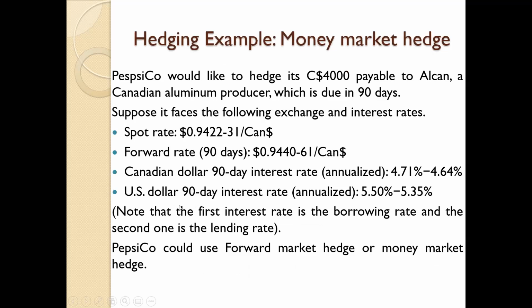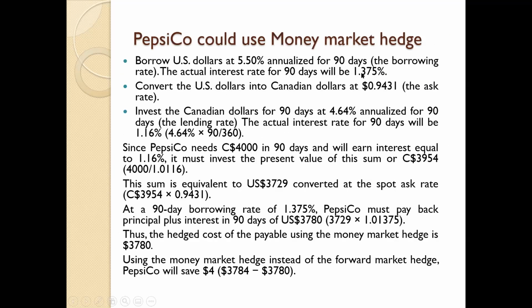Now, if he borrows in US dollar terms, a term loan, then he has to pay the interest rate of 5.5% per annum. Right? Then you know how to calculate the 3 months interest rate. For the 3 months, he has to pay 1.375% on his borrowing amount. Then he borrowed a US dollar amount equal to the Canadian dollar 4,000. Right? Now, assuming that he borrowed today,